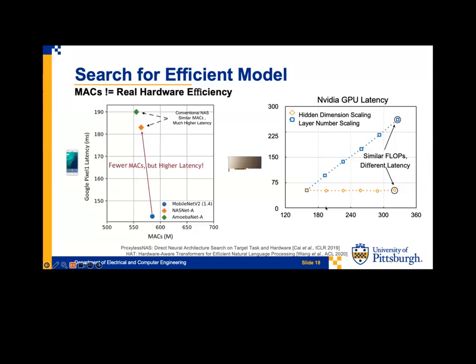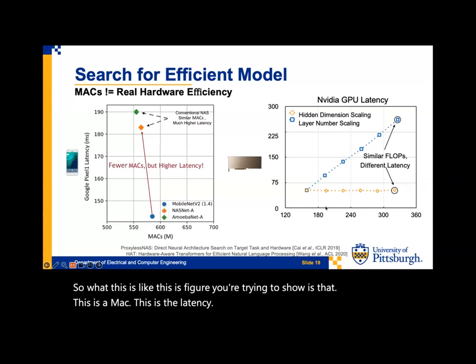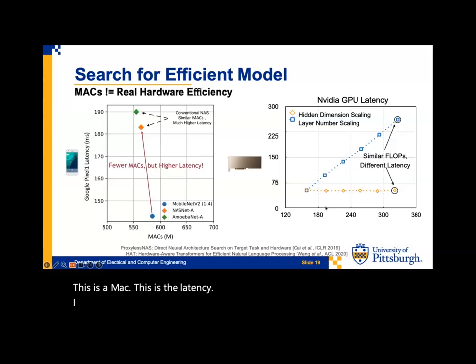So what this figure is trying to show is that this is the MAC, this is the latency. So what this figure is trying to show is that if we have the same number of MACs,